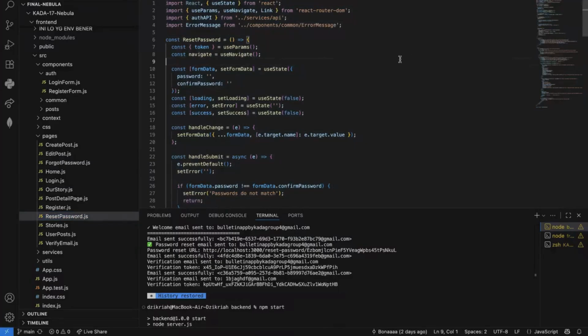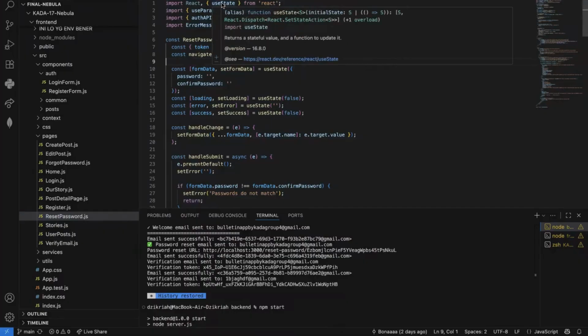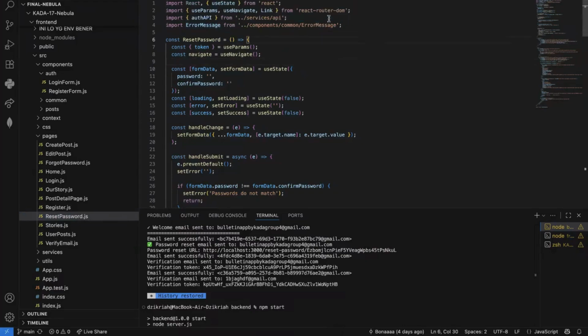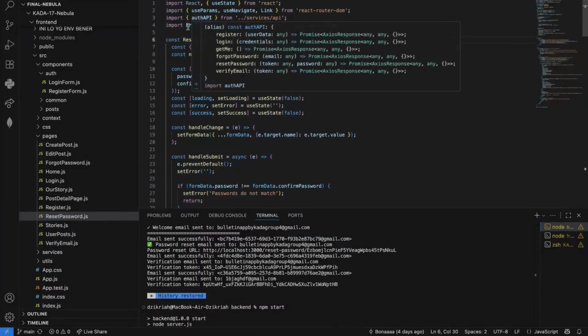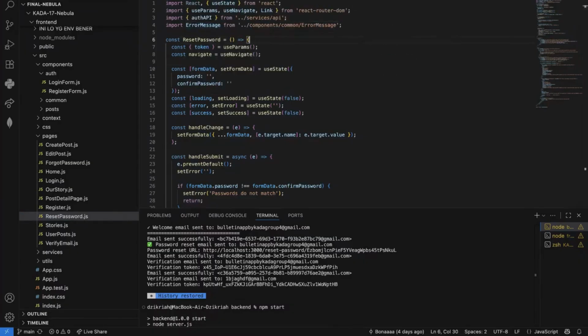All right, and this is the code behind the reset password page. As usual, we use useState to save data, and also we use useParams to take the reset token from the URL, and we also use the Auth API and also the error message. All right. Then here we have the state management.